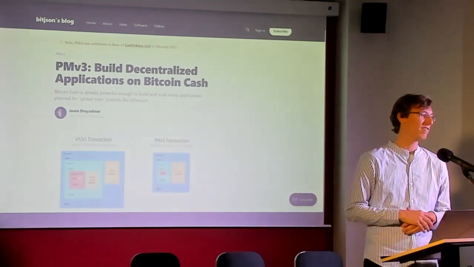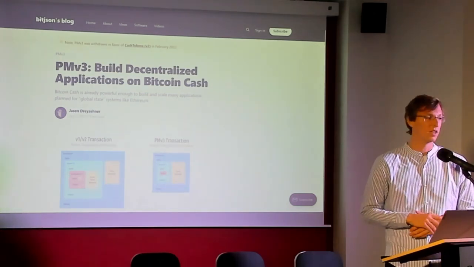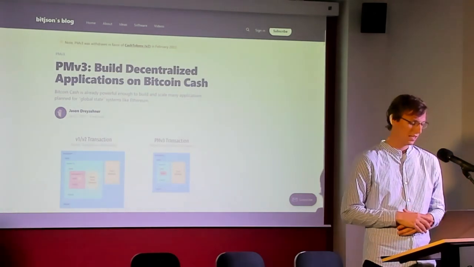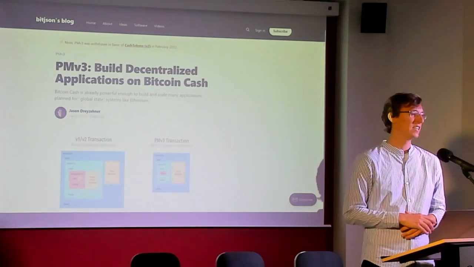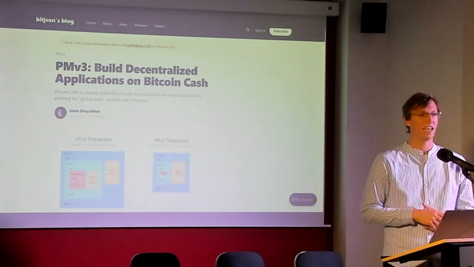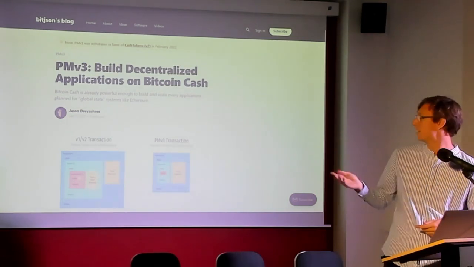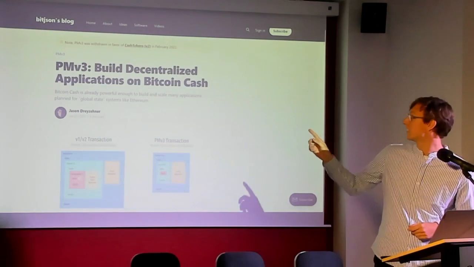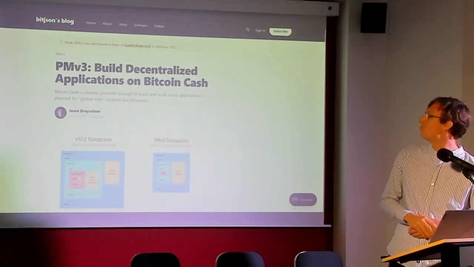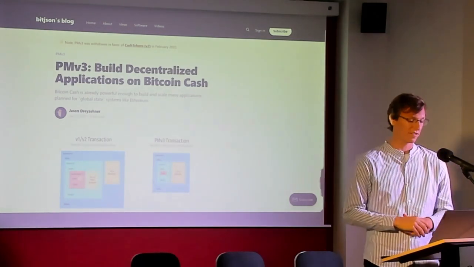I was already very excited about this, but it was much harder to get started with. So it says PMv3 built decentralized applications on Bitcoin Cash. So the predecessor wasn't even really about tokens at all. It didn't mention tokens. It's about decentralized applications. And as you can see at the top of this blog post, PMv3 was withdrawn in favor of Cash Tokens